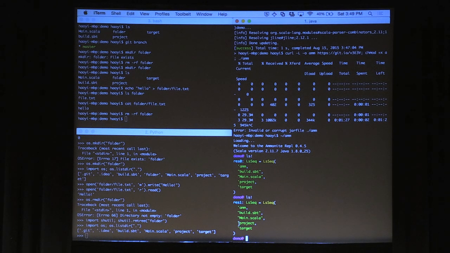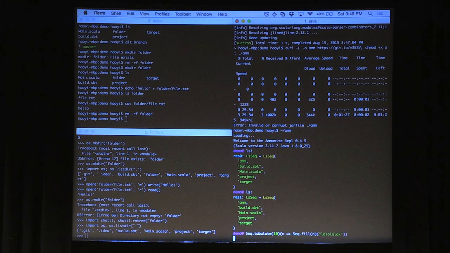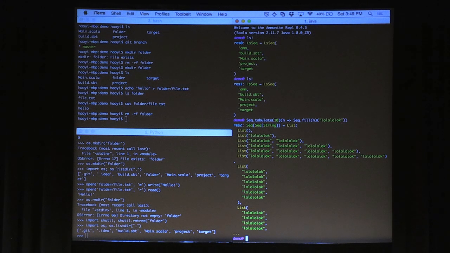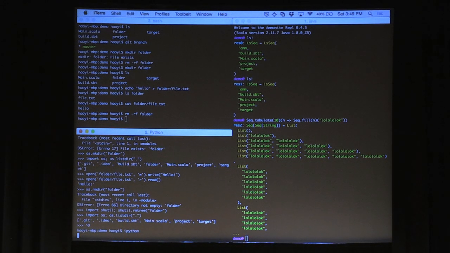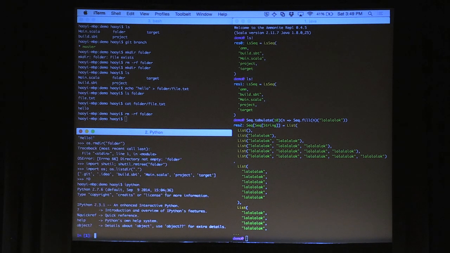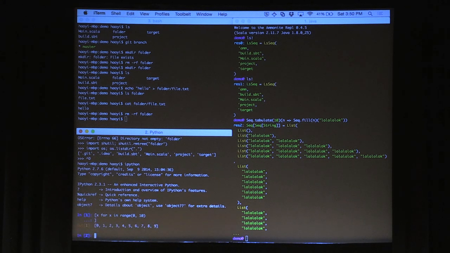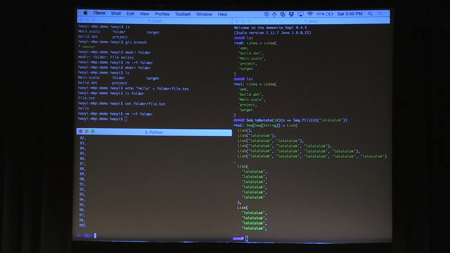And to show that even further, if I do something like this, which is purely just to make a big data structure to show on screen, you can see the Ammonite-REPL actually puts in effort to make the thing nice for you to look at. This is not going to be surprising for anyone who's ever used, for example, the IPython REPL, which does something similar. In Python, if I say x for x in range 0 to 10, it does it like that. If I do 0 to 100, it spaces out nicely, like a reasonable person would.